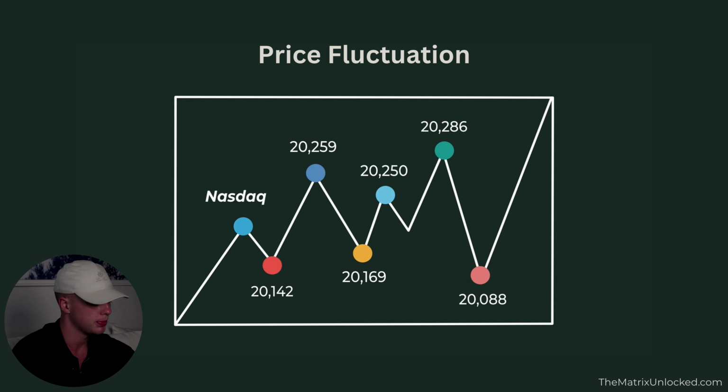In front of you, you can see a price graph which shows the pricing of the Nasdaq right here. What I would like you to see is that throughout this price graph, the market expanded from this price level towards the upside. And what that means is that between this price and the price above, there's a difference in terms of points. That difference is this higher price, 20,259 minus 20,142. When you then calculate the size of that price move, that right there is what we call a price fluctuation.